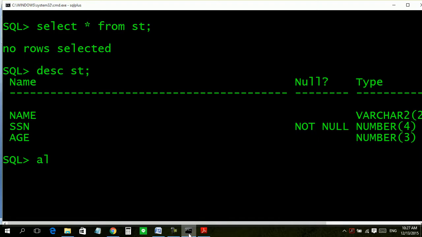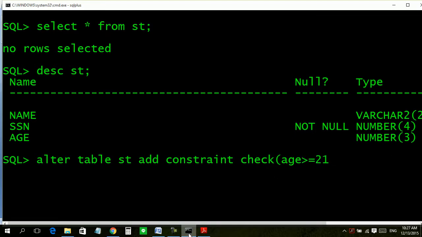So there is an option: alter table. The name of the table is st. Add constraint check age greater than equal to 21. Okay.